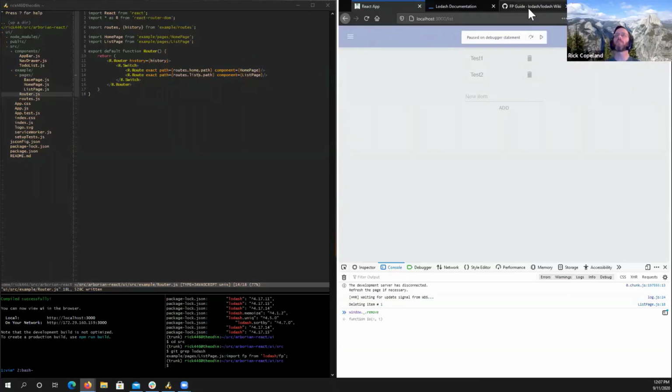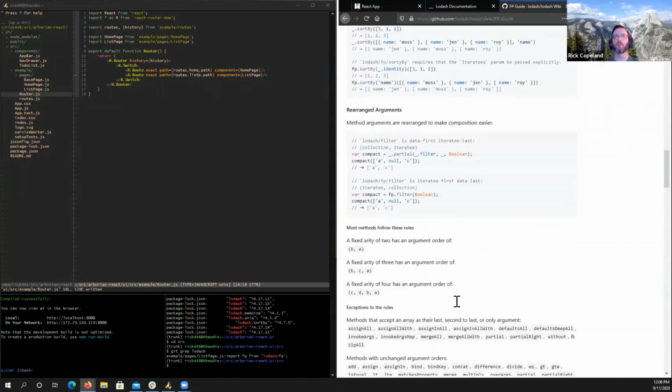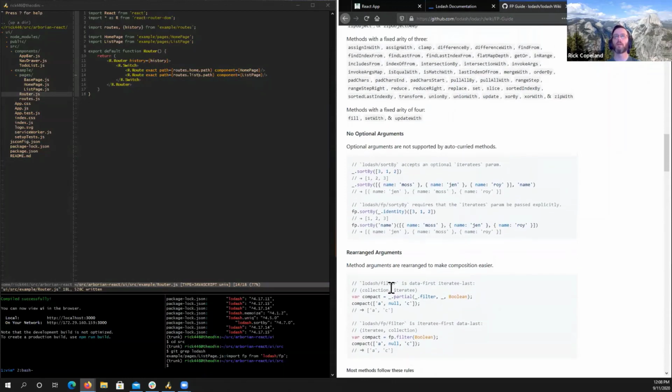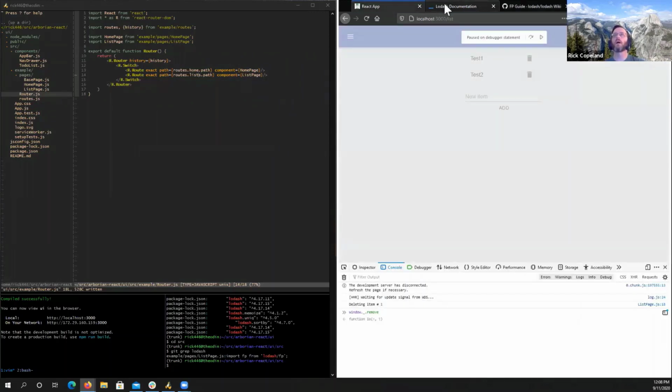Right. So FP is built around composing things. It really wants you to be, well, and here it says rearranged arguments. So it really wants you to use these things in either a flow or a pipe. That's really how it's designed. And the idea is I'm going to give you a partial function. So if we look at remove as an example,